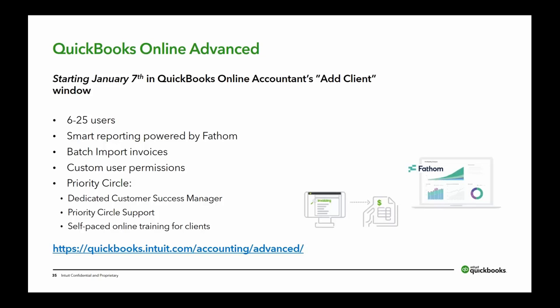This is in addition to, or bigger than, QuickBooks Online Plus. This is called QuickBooks Online Advanced, and it can have between 6 and 25 users. Smart reporting powered by Fathom is available. We have integrated a third-party application into the monthly pricing for this product. It's Fathom. It's got amazing reporting, kind of helps solve the gap for some reporting issues that some folks